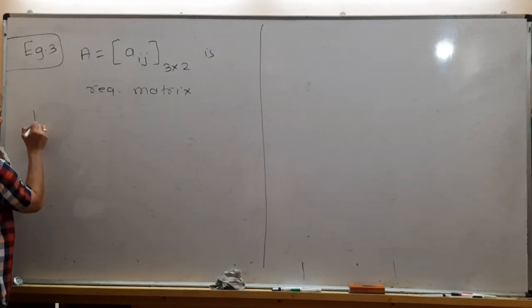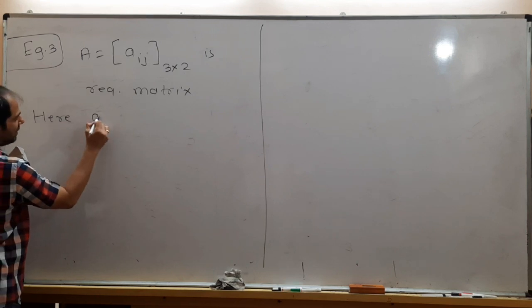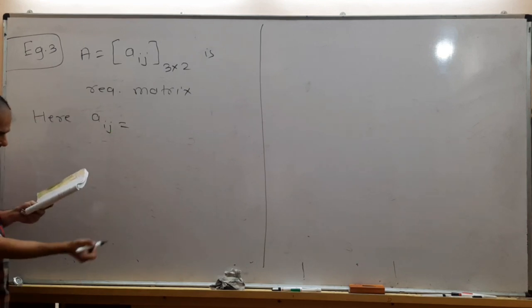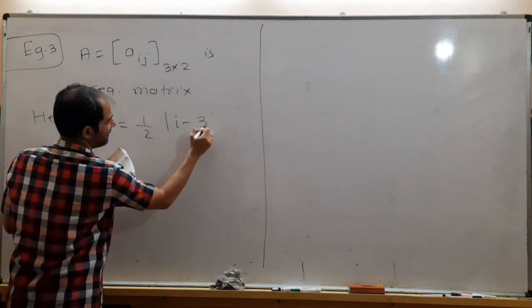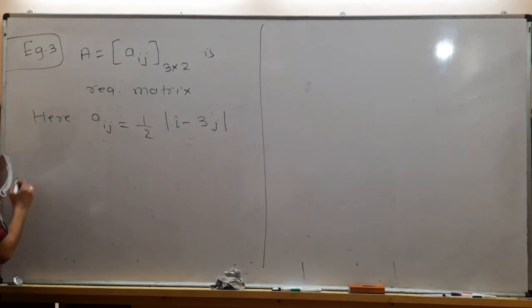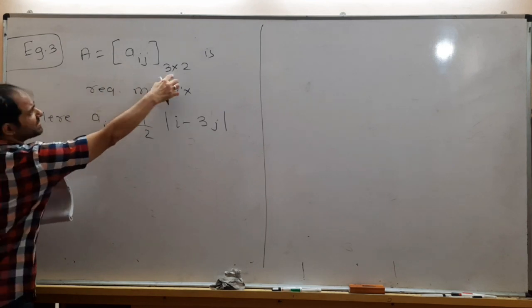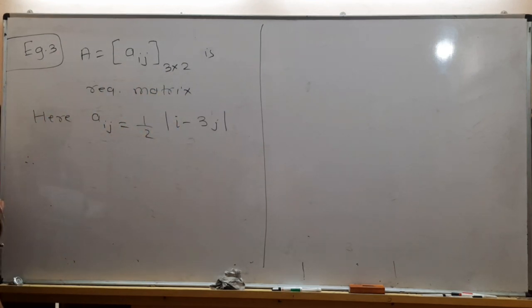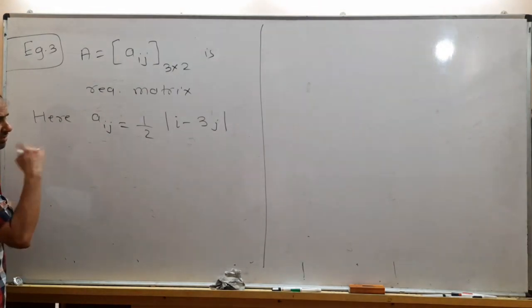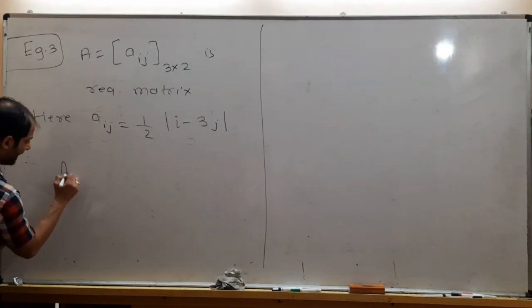And here Aij is given as half into mod of I minus 3j. Okay. Now since A is Aij, 3 cross 2 is the order, so it will have 3 rows and 2 columns. So 3 rows and 2 columns means 6 elements. So A will be,